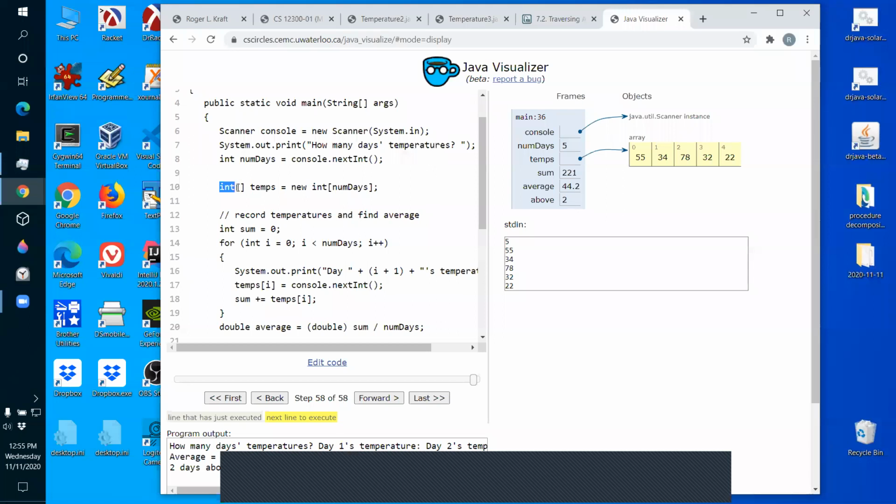Okay, so whenever you need to remember a lot of values of the same type, you use an array. If you need to remember a lot of values of different types, you probably have to create multiple arrays. So if you're going to ask a bunch of people their name and their age, you'd have to create one array to remember their names and one array to remember their ages.